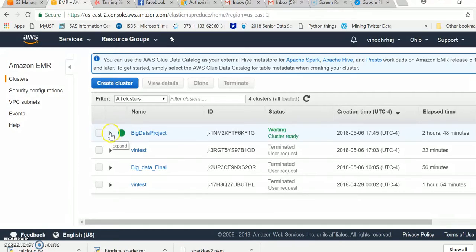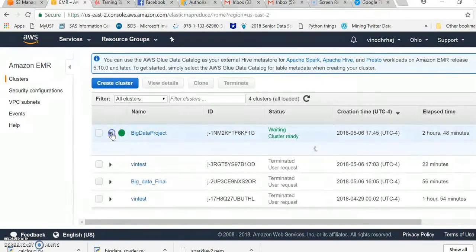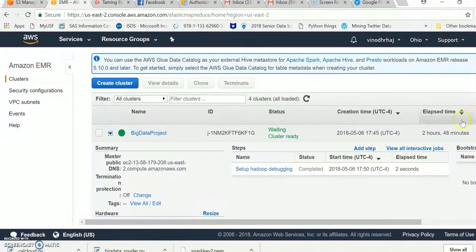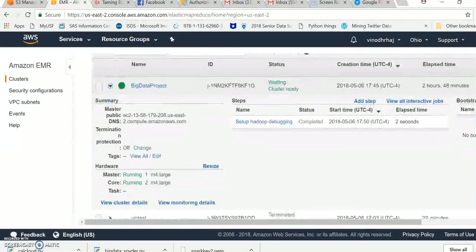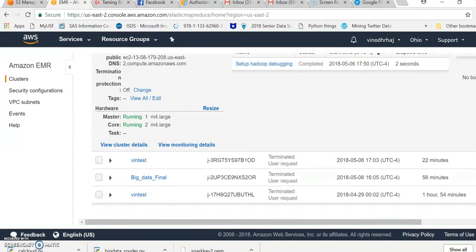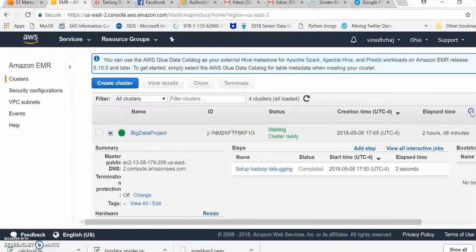In this cluster, we have utilized M4 large. This refers to three nodes: one master and two cores running at 8 gigabyte size. So this is a moderate kind of cluster.